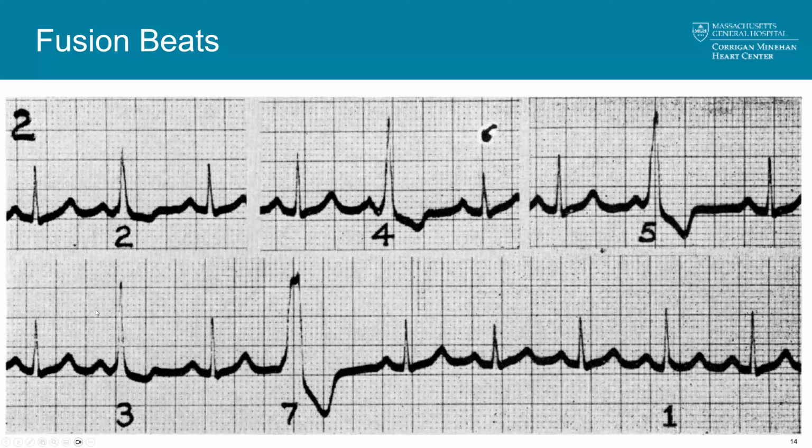Then you go to beat 3, where the PVC happens even later still, and you see this progression towards a narrower and shorter QRS complex. And then you get to beat number 2, where you're starting to see that the height of the QRS complex is pretty much the same as that in the sinus beats. It's just a slight bit longer.